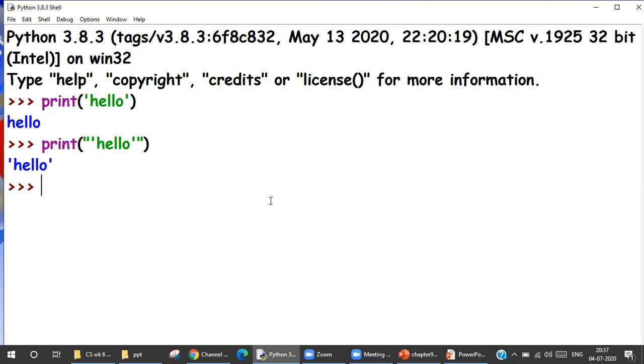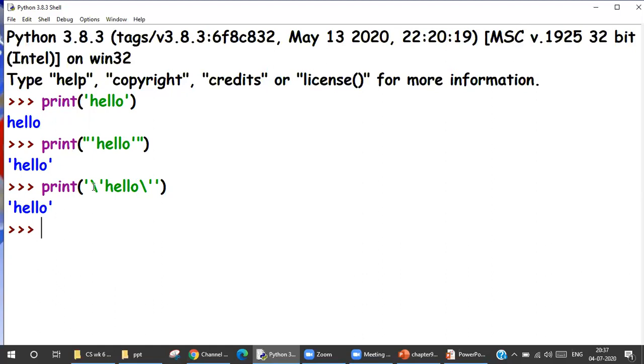But what if I don't want to do this and I want another way? Then I can use the escape sequence. Now in escape sequence, I will write quotes and then inside it this and a quote, hello, again this and a quote.